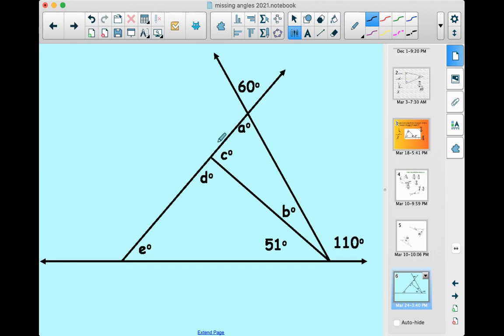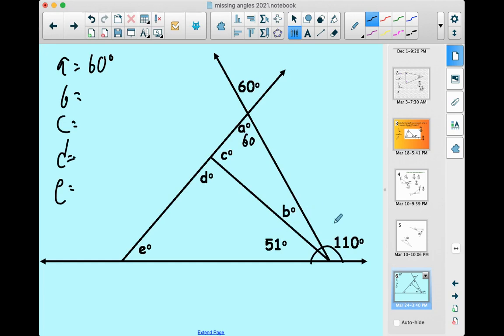All right, welcome back. First thing I see that I'm going to fill in, I can see I can get A pretty quickly because if this is 60, this is 60. They are vertical. So A is 60 degrees. Let's see what other ones I can find. Well, I still don't know 2 out of the 3 in this triangle, so that can't help me yet. I only know 1 here. I only know 1 here. But I do notice